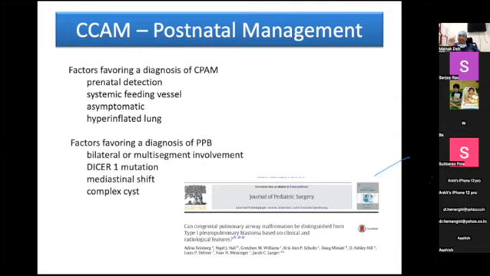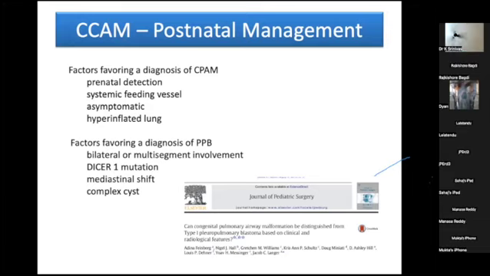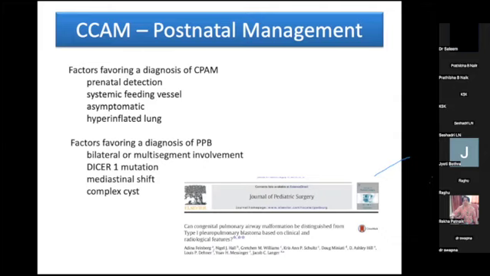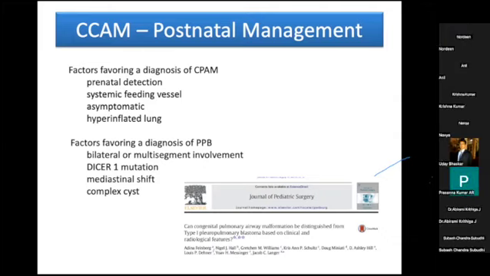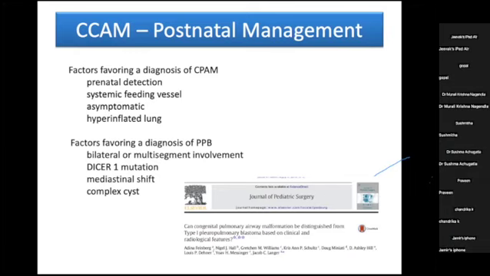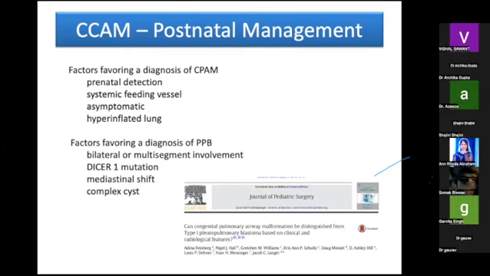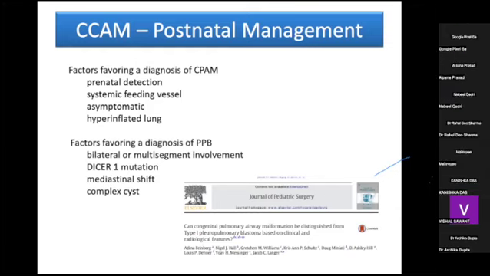While bilateral or multi-segment involvement was strongly in favor of an evolving pleuropulmonary blastoma. If you had a DICER1 mutation, which is pathognomonic of a pleuropulmonary blastoma, you would go and resect. Presence of a complex cyst and a mediastinal shift would prompt you to go ahead and electively resect that mass because there was a higher risk of pleuropulmonary blastoma. So those are the factors which might help you decide in an asymptomatic infant whether to go ahead and do